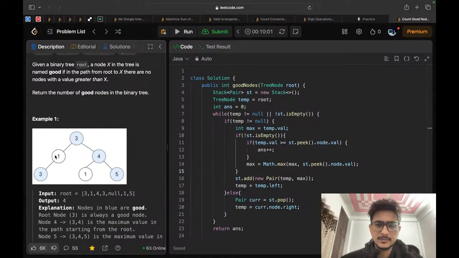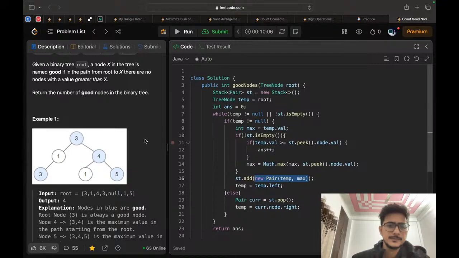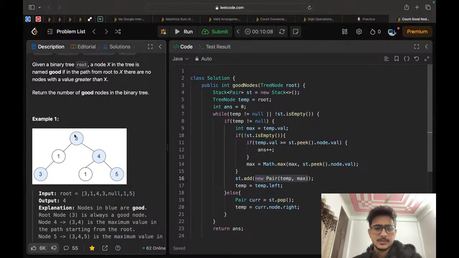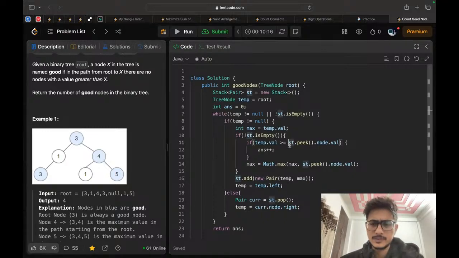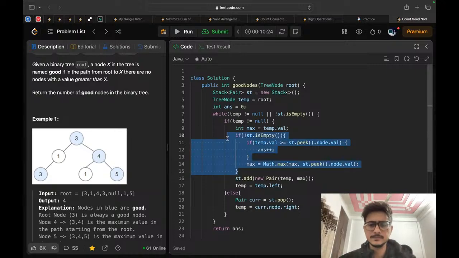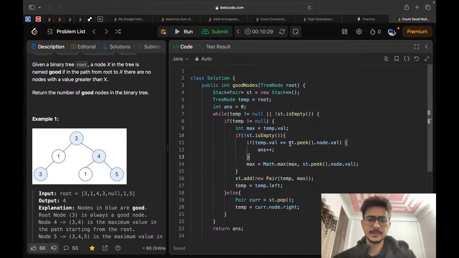Then we add a max value, which is 3, and then we move to this part, and we check if this value is greater than the 3. No, it's not greater, so we will not update this part. Then we move to this part and check if our value is